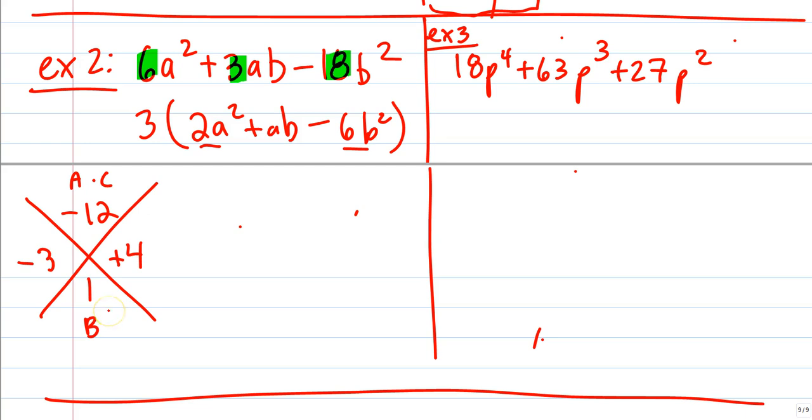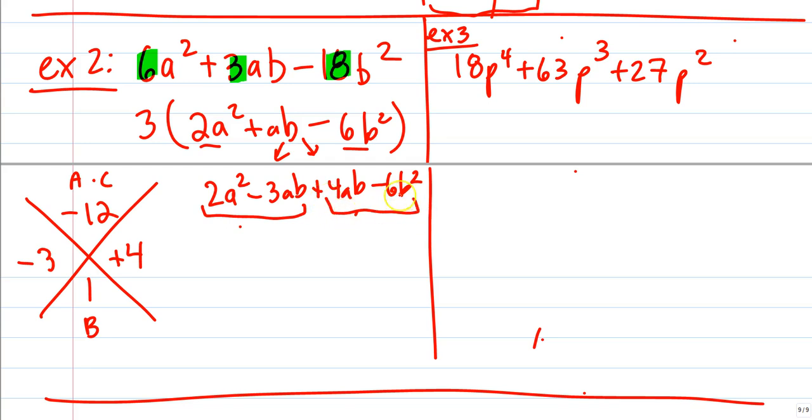What do we do with those numbers again? Split that middle term so that 2a squared stays the same. This right here splits into 2a squared minus 3ab plus 4ab minus 6b squared. 4 terms, factored by grouping. First two have 1 in common, I think just an a, leaving us with 2a minus 3b. Second two have 1 in common, a 2 and a b,